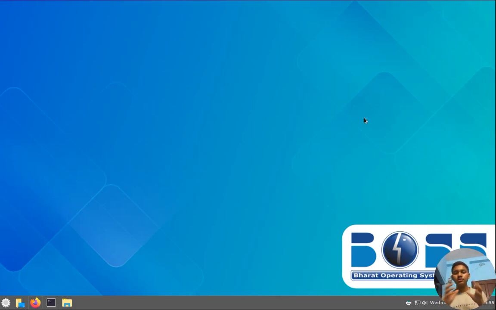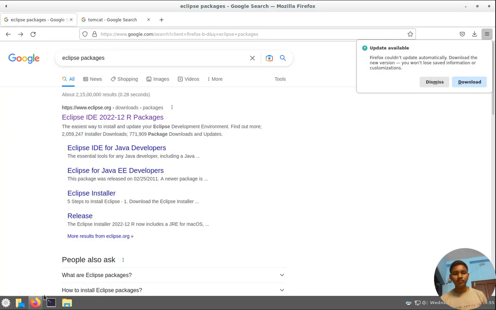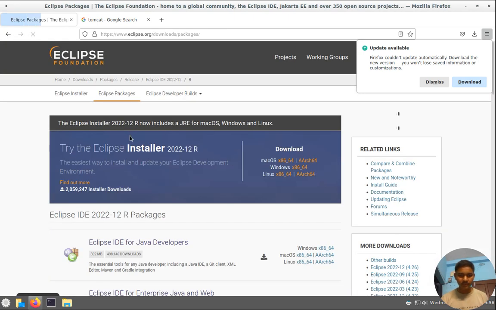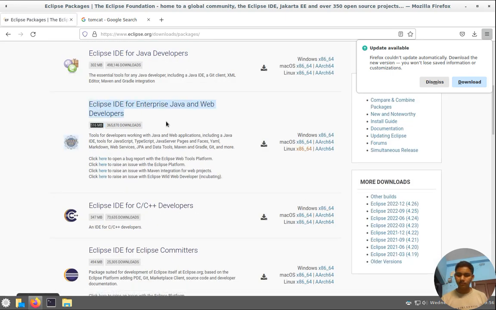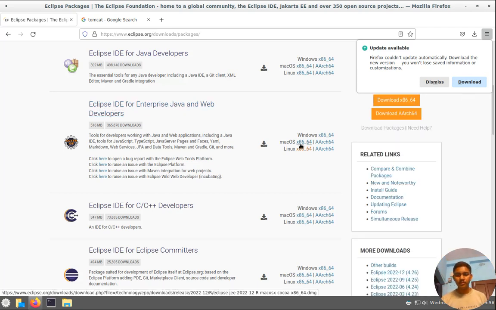For setting up a Tomcat server with Eclipse IDE in Boss Linux, first open up your web browser and in the Google search for Eclipse packages. Now click on the first link, which is eclipse.org/download/packages, and from here you can see a software called Eclipse IDE for Enterprise Java Web Developers, and